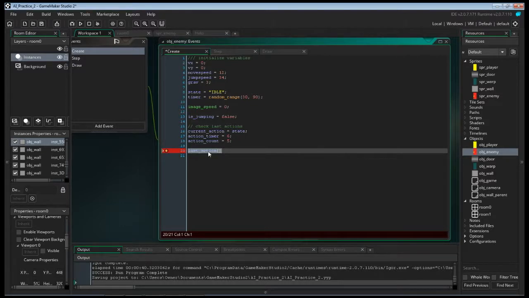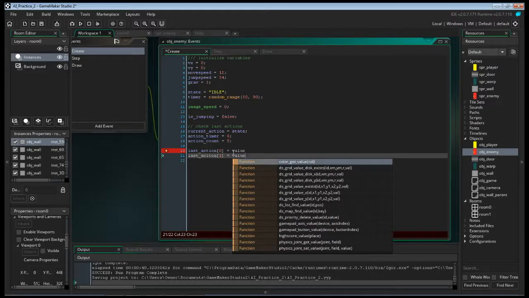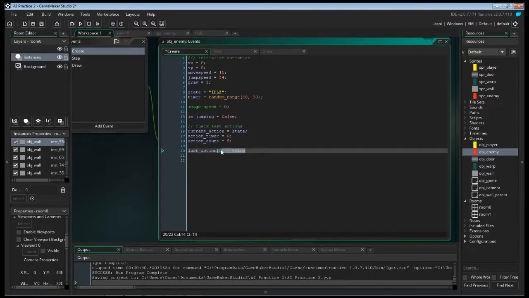To do that, I'm going to want to use a loop. I could do it by hand. I could say last action 0 and then give it a value of some sort, and last action 1 and a value. But that's kind of redundant. It takes too much time to set all those in individually. So we're going to use a loop to do this for us and do all of our counting. So inside of here,